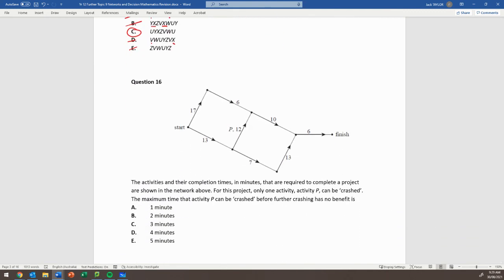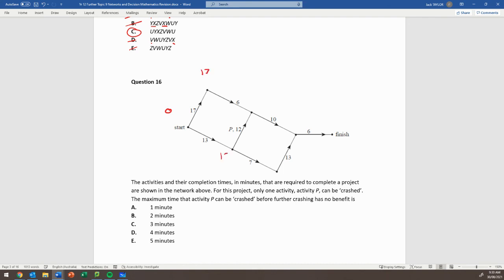And lucky last, the activities and their completion time in minutes that are required to complete a project are shown in the network above. For this project, only one activity, activity P, can be crashed. The maximum time that activity P can be crashed before further crashing has no benefit is. All right, so for this one, bit of a process, we need to work out the critical path to start off with. So 0,